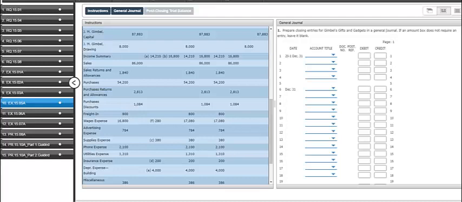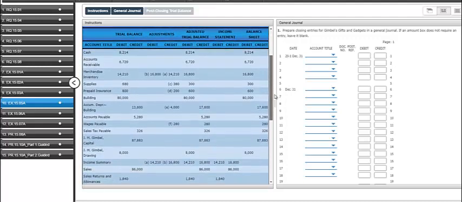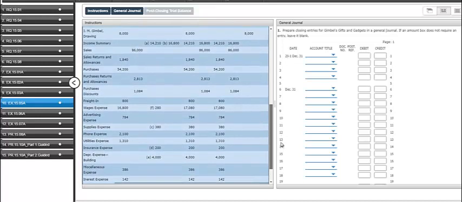This is exercise 15.5 or assignment 10 in SNOW. We're going to be preparing closing entries for this particular company. All right, and so the first place we need to go is to our worksheet, to the income statement column, because the income statement column has all of our temporary accounts that are supposed to be closed in the closing process. Step 1 in the closing process is to locate all the accounts under the income statement column that has